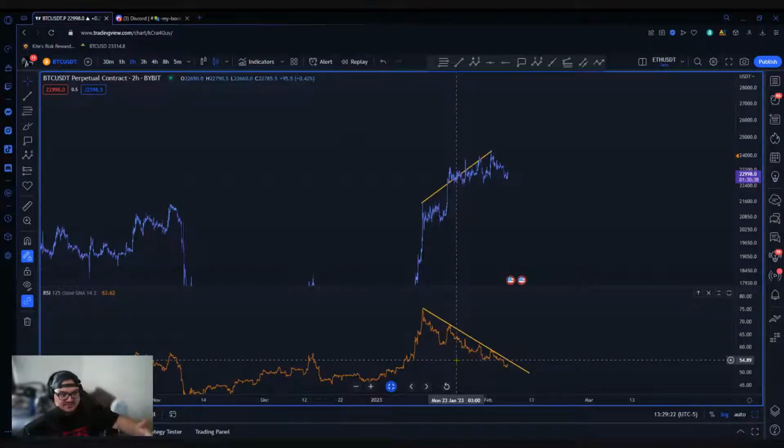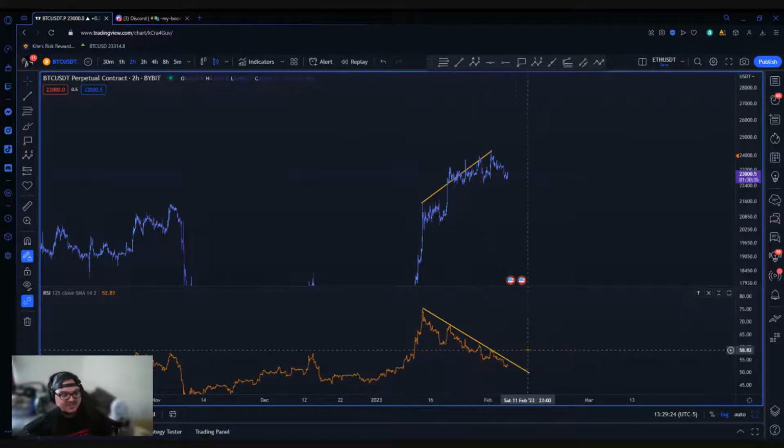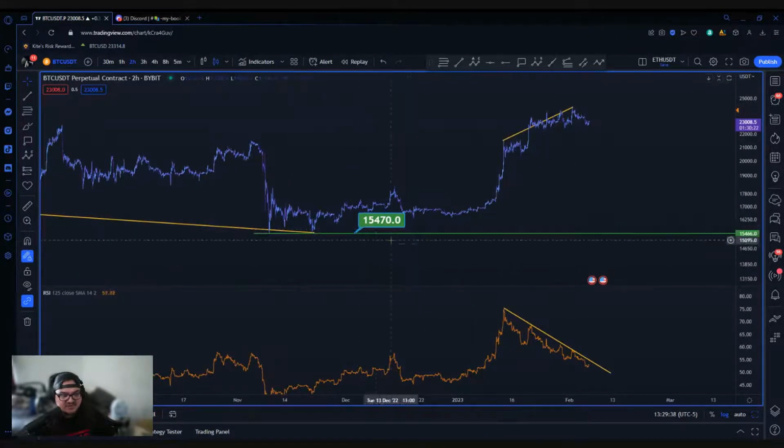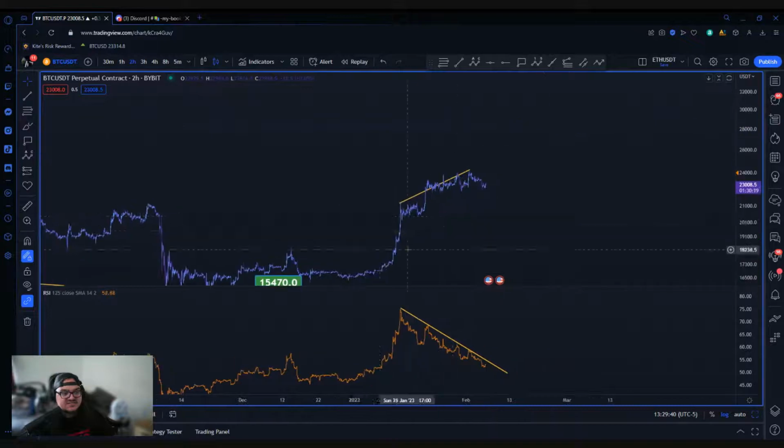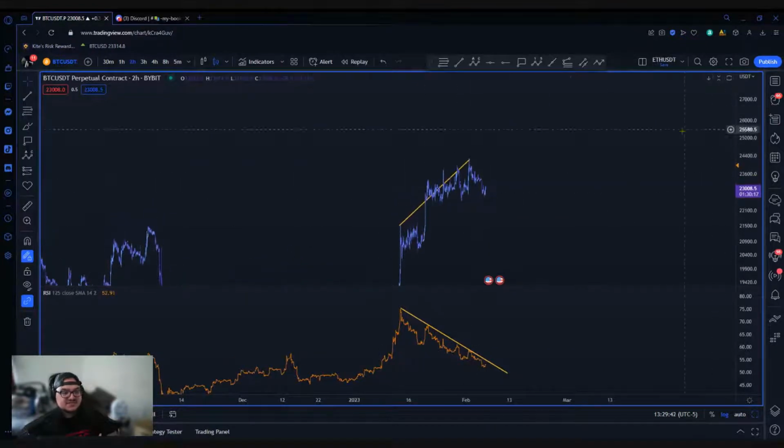I talked about a possible bearish divergence propelling us to the upside, using that momentum to basically swing the opposite direction. Does that mean I'm going to take profit on my shorts? No, because at the end of the day, we just don't know where price is going to go. And like I said, I'm in a position where I'm holding my long positions, and I have no reason to take profit on that in case there's a situation like this where maybe we just don't get an ABC pullback and we just continue to shoot up to the upside. It's going to be unfortunate we're not going to be able to take profit, but we just don't know exactly where price is going to go.